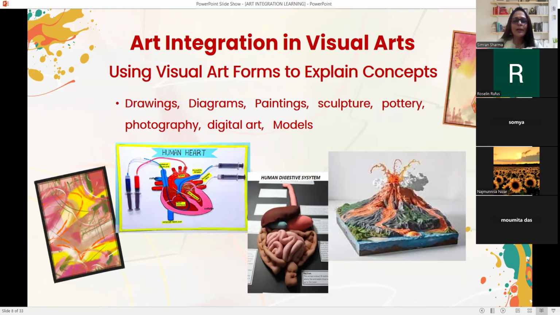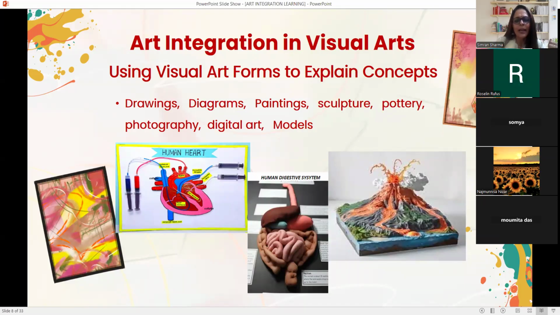The blue color gives the details of the pathway of deoxygenated blood. Red is the pathway of oxygenated blood, very clearly explained. Then you have four chambers. There's the main artery mentioned, the main vein also mentioned. So this one diagram can give a good detail of the heart, and it stays with the students.